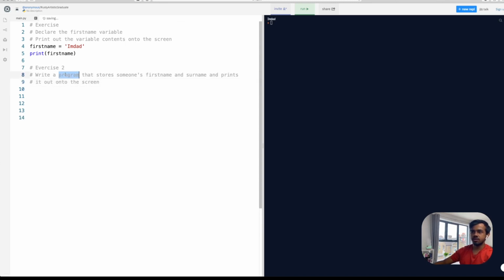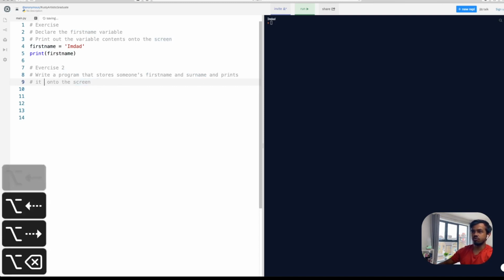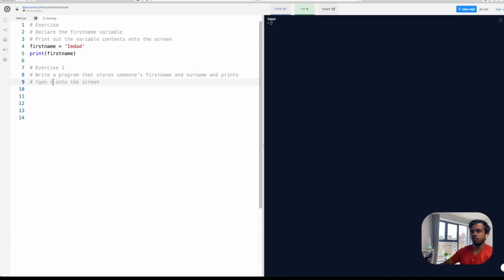So just go over this, write a program that stores someone's first name as a variable, stores someone's surname as a variable, and then prints them both out onto the screen, right? Now, give that a try.